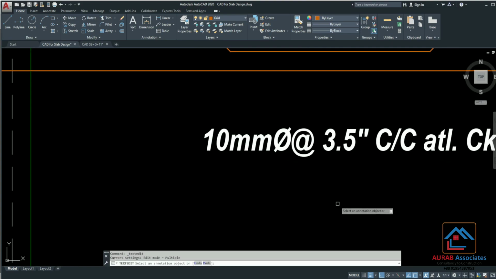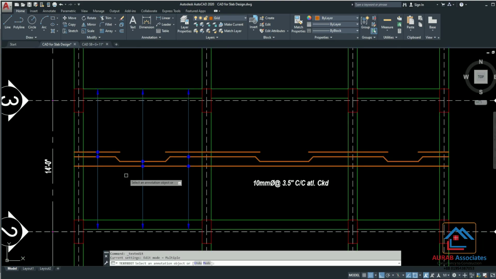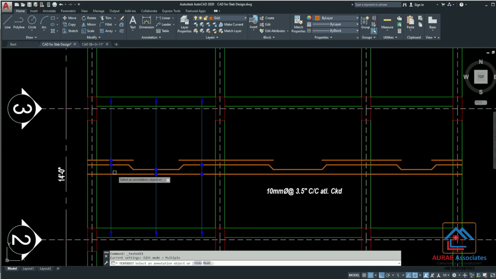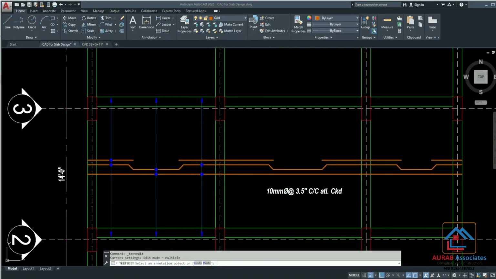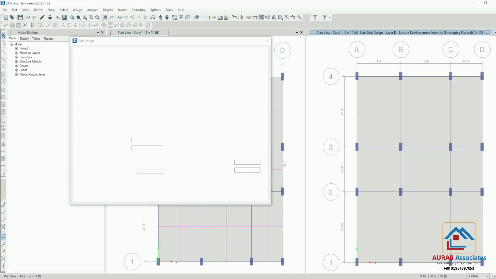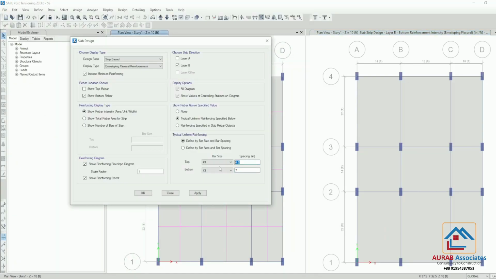As a result, at support zone, the distance between two bottom bars will be 7 inch, which is sufficient as per our design requirement. Fine. And the spacing between two top bars will be 7 inch also, but our requirement is 4.5 inch for top rebars.